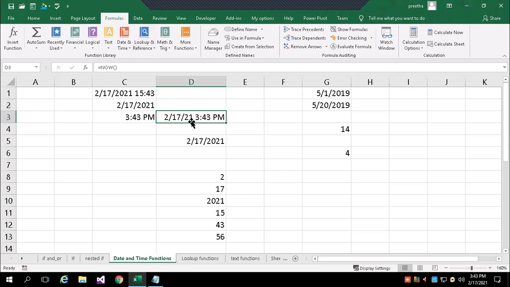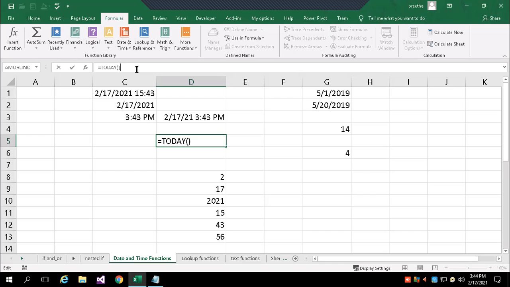But NOW is for both date and time. In the same way, for only the system date, we use TODAY. TODAY is a function which returns the system date. Whatever is in your system calendar, the same thing will be given. So for TODAY also, no arguments.